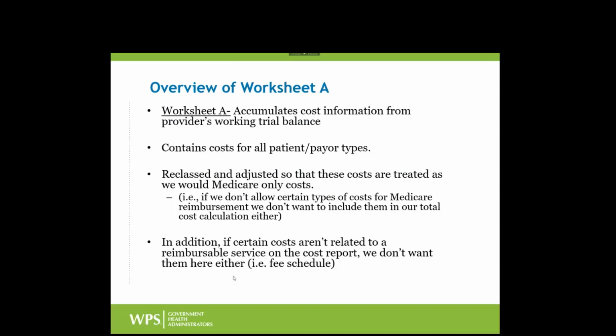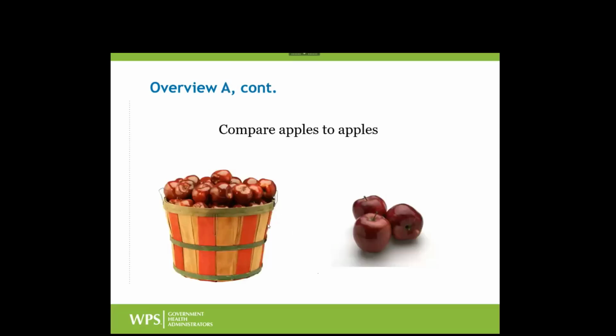And the other thing is most of the fee schedule costs are not allowable on the cost report because they're not reimbursed under any DRG type payment. And CMS uses this cost in part to help develop the DRGs and the various factors that go into federal payments. So I like to refer to this as comparing apples to apples, or really taking a basket of apples, the total costs, and trying to pull out just the Medicare apples. That's maybe a way of putting it.